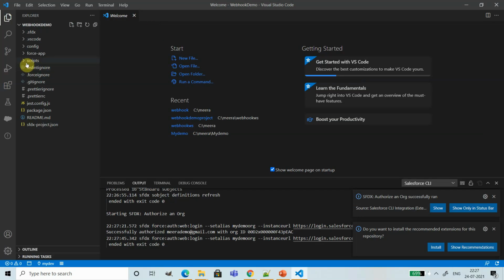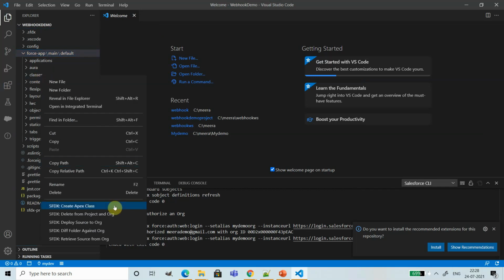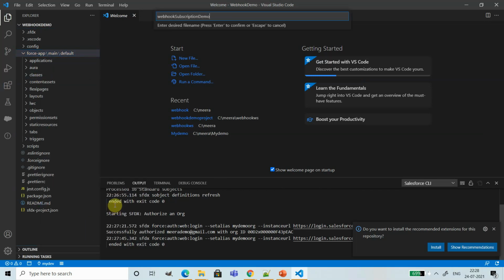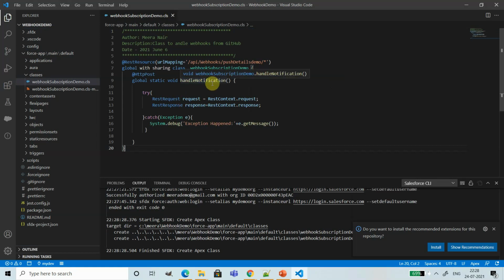So let me create the Apex REST API service. Like I mentioned, this is just the structure of Apex REST API service where the method name is handle notification and you can see the URL mapping like API webhooks push details demo.